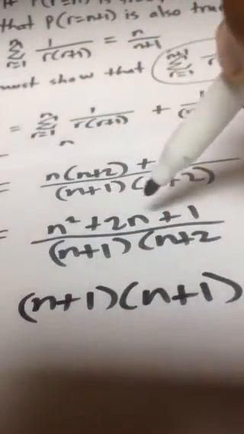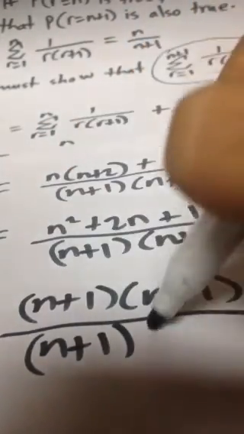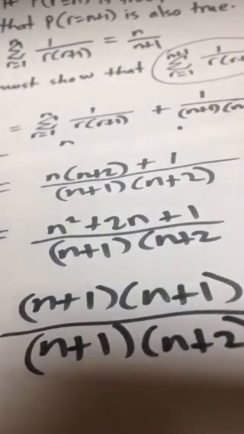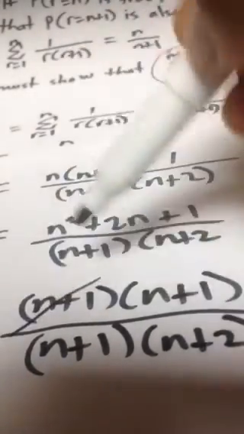N plus 1 by n plus 1 gives us n squared plus 2n plus 1 over n plus 1 by n plus 2. N plus 1 will cancel on top and below, and we get n plus 1 over n plus 2, which was what we were trying to show,